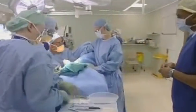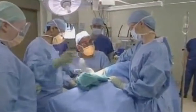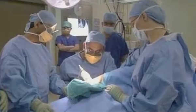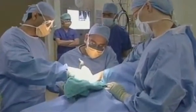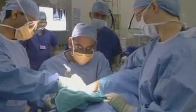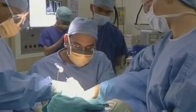Now, normally physio helps, braces help, and certainly I very rarely operate on an ankle without knowing that I've had physiotherapy or bracing. But here, there's nothing. What this guy really needs is just to be reconstructed. So are you now towards the final stages? Yeah, we are towards the final stages. So what will we see when we...